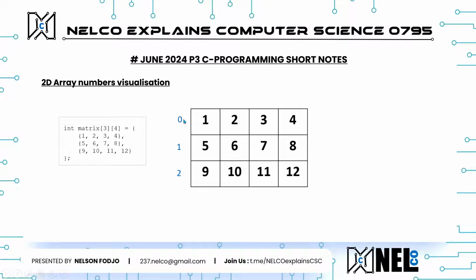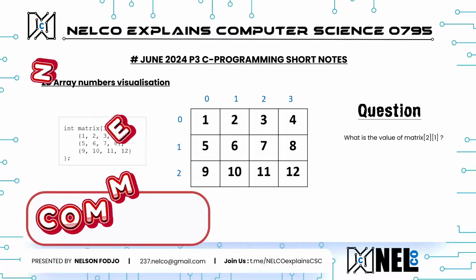The index of the first row starts from 0 and ends with 2. Like index is equal to position minus 1. Same thing for the column. Index 0, 1, 2, 3. Good. So if you have understood how positions and indexes function, I'm going to ask a question,